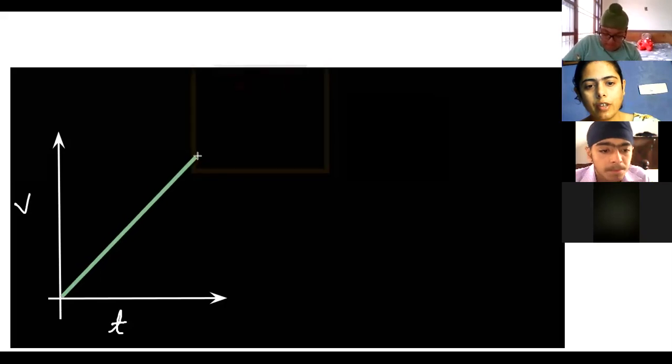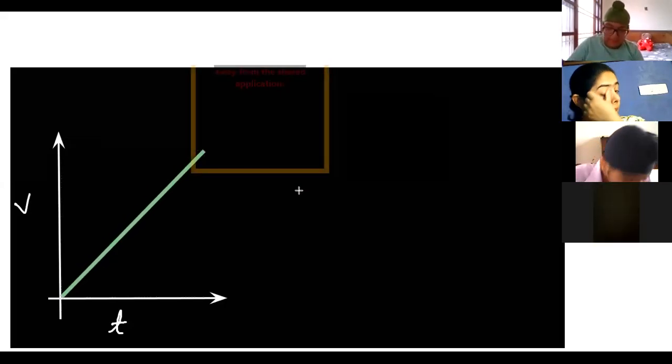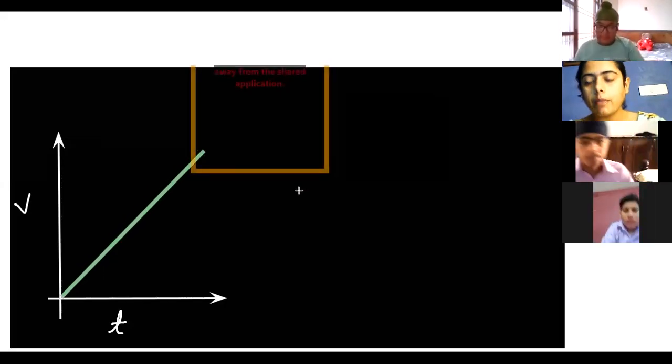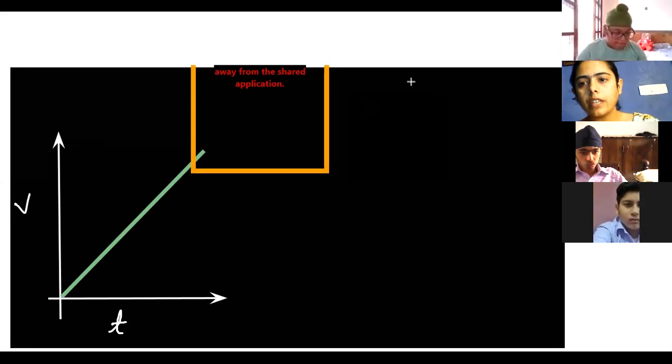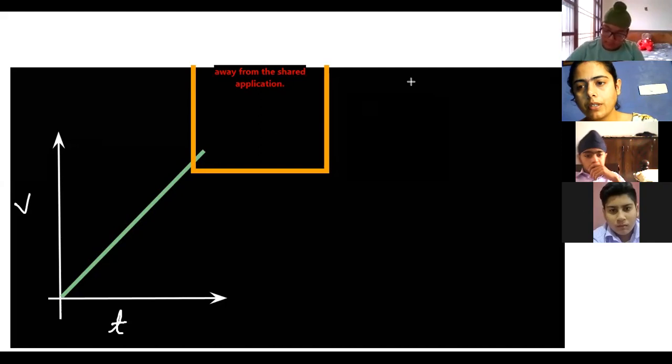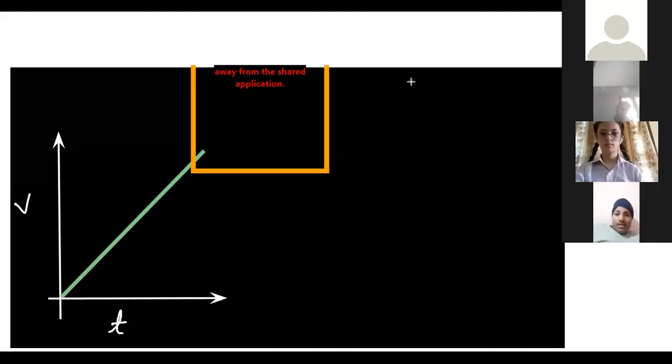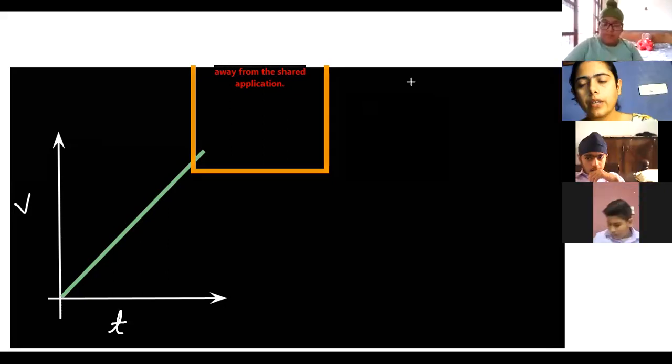Okay, I will be drawing one line onto the graph. You have to tell me what this line represents. Which kind of acceleration it is having. Is it the positive, the negative? Hanji Divteshwar, unmute yourself. Click on this mic and unmute. Okay, who is going to tell? Who else is going to tell?